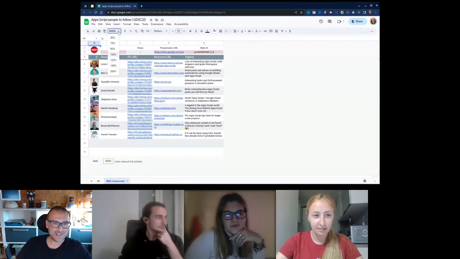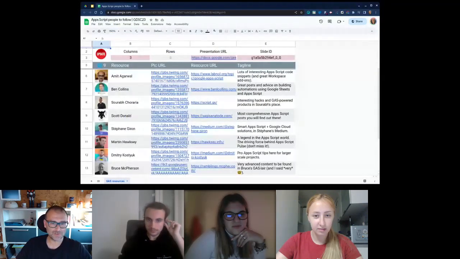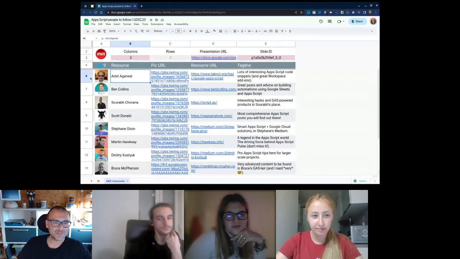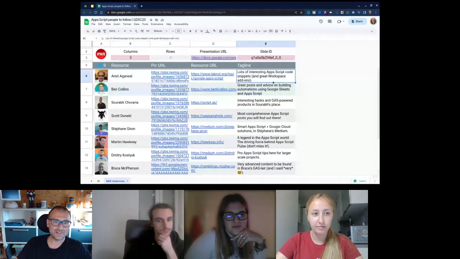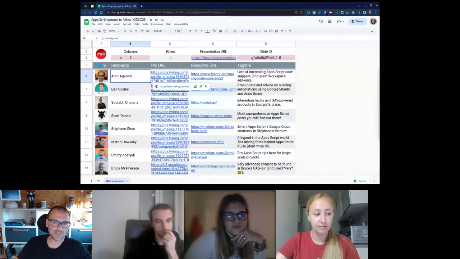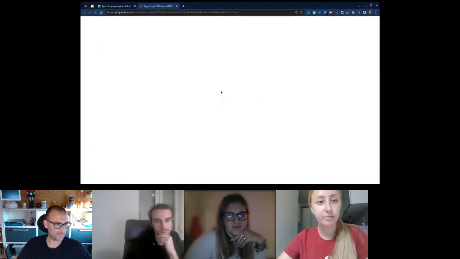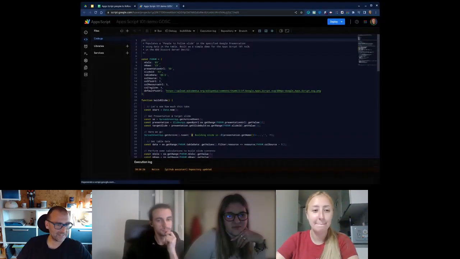As you can see, I have collected in this spreadsheet, I love spreadsheets, I have said it a couple of times during this presentation, some rows with pics, with URLs, some tagline, the name of the resource or the person, the champion, and some settings in the spreadsheet. There is an AppScript underneath. And I'm sure that you already know what's going to happen in the next 30 seconds.